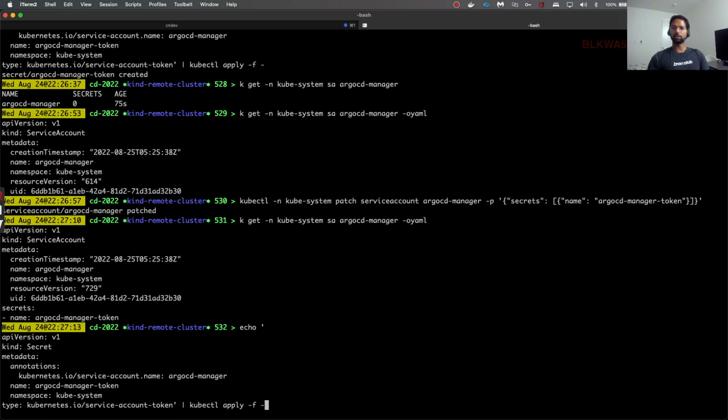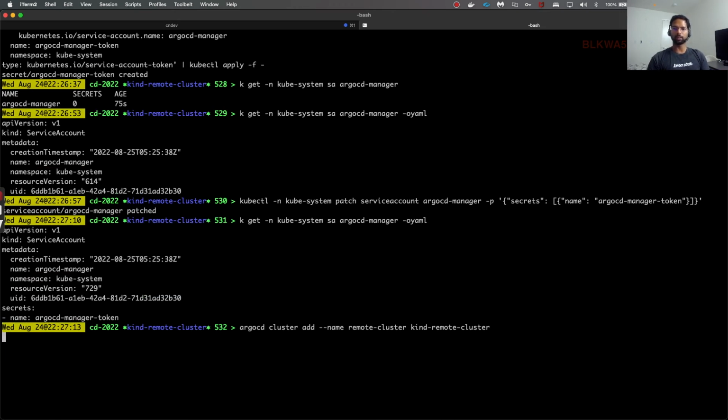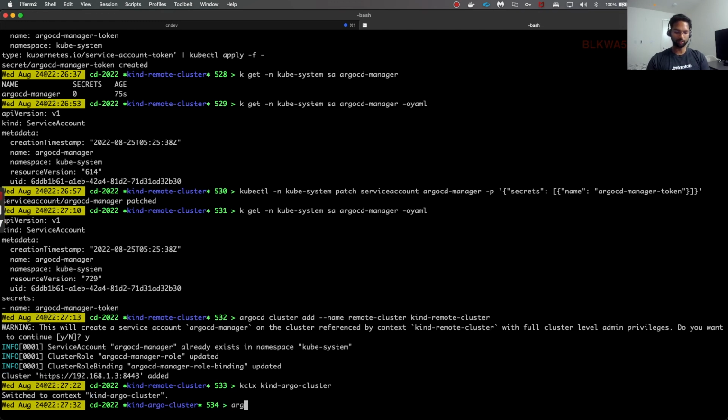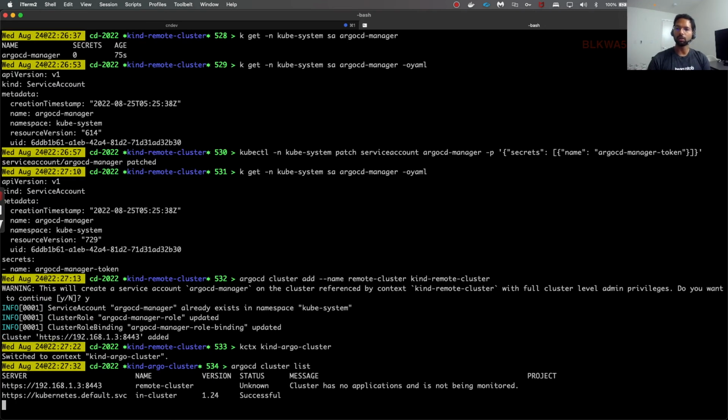Now again, if I run the argocd cluster add command, it should automatically add the cluster to our local one. So now this is in place. Now I'm going to go back to the previous cluster, which is the primary cluster, and run argocd cluster list. Now I should be able to see both of the clusters: the primary cluster, which is in-cluster, and the secondary, the remote cluster that we have created. And it is not monitored, because by default ArgoCD doesn't monitor a cluster if it doesn't have anything to deploy